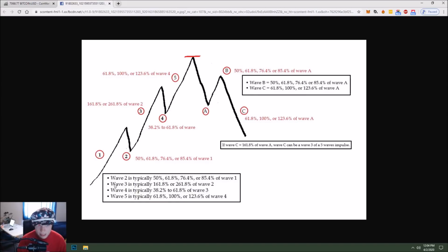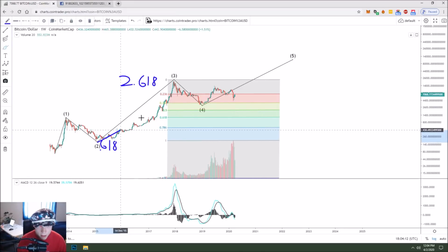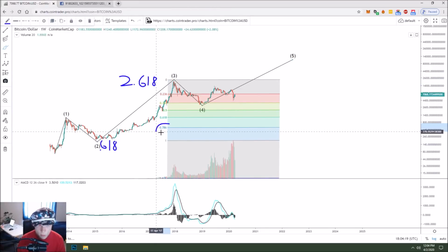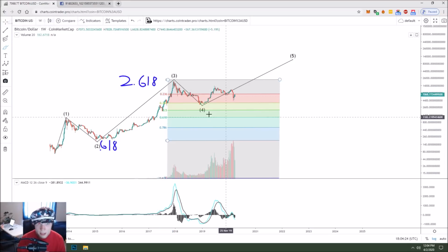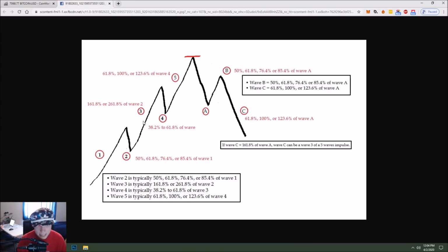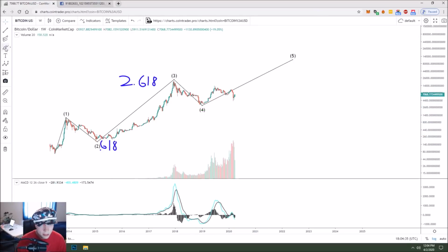And as you can see, it says wave 4 is typically the 382 of wave 3. So that's why you're measuring the length of the 3-wave. And yes, you have to start from the top and go down again because you want your 786 to be on the bottom instead of the top of the chart. And look at that. This is the 382 Fibonacci retracement, exactly what a wave 4 is supposed to do. So it's a 382 of the 3-wave. So let's just go ahead and draw that in, dot